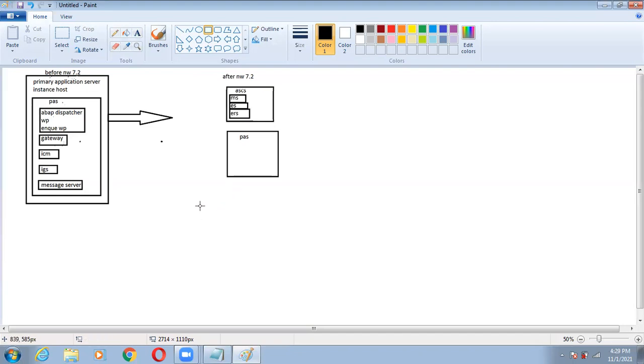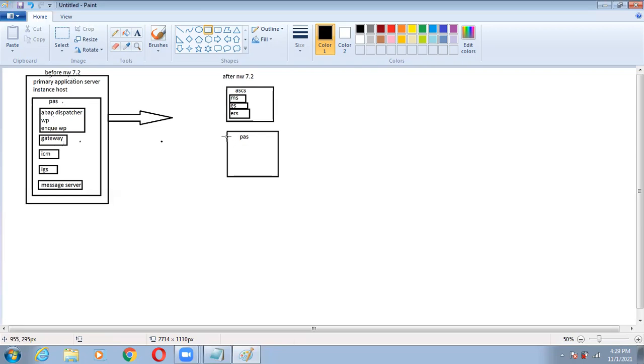And the remaining, see, it is split into two. The message server, enqueue server and enqueue replication server are in ASCS, and the remaining